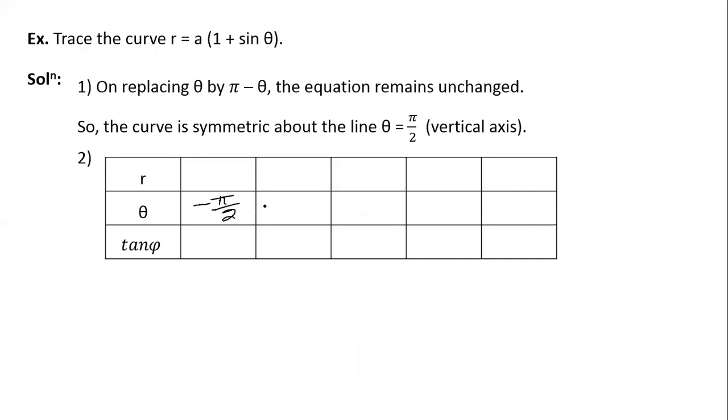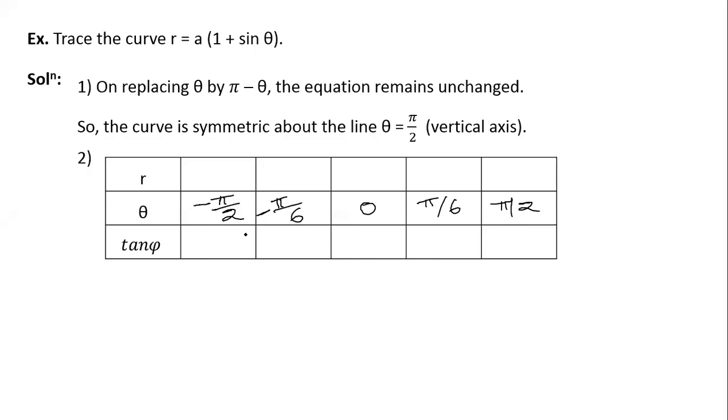Then after that minus 60 or minus 30. So we know that sine of 30 is equal to 1 by 2, and sine of 60 is, I think, root 3 by 2. So I think it is better to deal with theta equal to 30 degrees, that is pi by 6 with negative sign, minus pi by 6. Then the next value will be 0. Then the next will be plus pi by 6, and after that finally pi by 2.